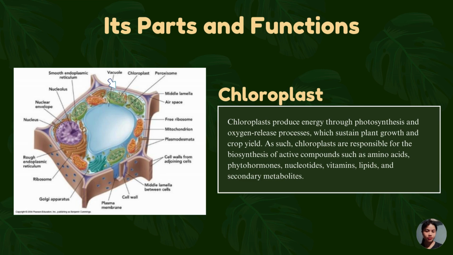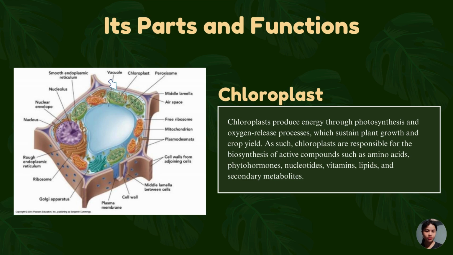The other parts of plant cell include chloroplast. We use the bubble gums to represent the chloroplast. Chloroplast function: it will produce energy through photosynthesis and oxygen release process, which sustain plant growth and crop yield. As such, chloroplasts are responsible for the biosynthesis of active compounds such as amino acids, phytohormones, nucleotides, vitamins, lipids, and